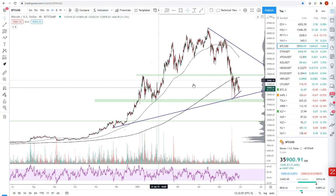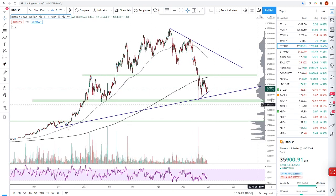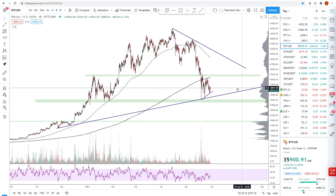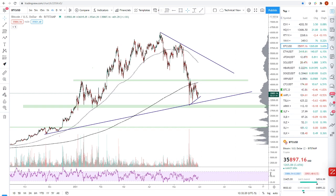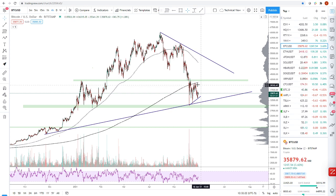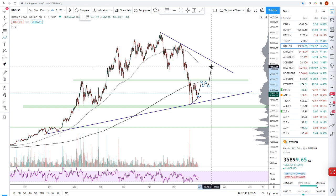And like I said, I see the bear side. I just don't think it's going to play out, and I think a lot of bears potentially could get caught out here. We could have a somewhat of a face rip type rally here that will surprise a lot of bears. And so this is what I think will happen. I think we get back to the top of this range. We look to get to this 200-day moving average. We do some kind of accumulation, but this time we break it higher,